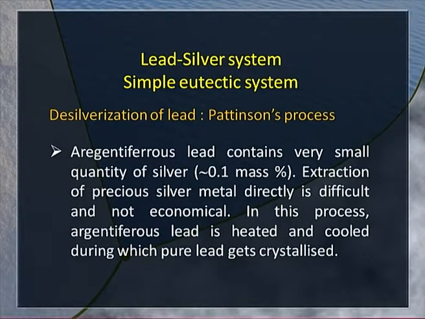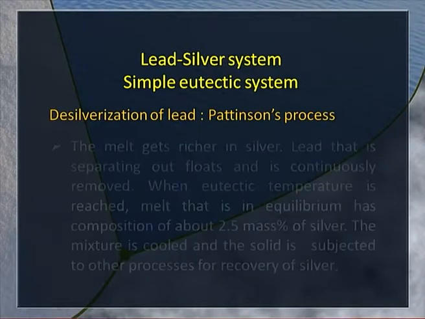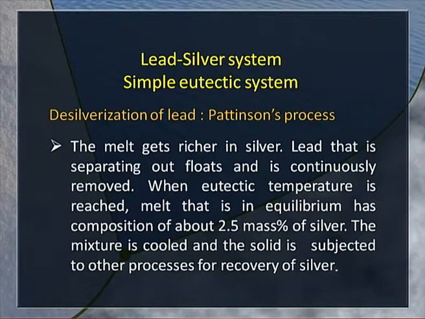In this process, argentiferous lead is heated and cooled, during which pure lead gets crystallized, and lead that has separated can be taken up continuously. The melt that remains becomes richer in silver. If you look at the composition, ultimately it reaches the eutectic point, where the composition has become much richer in silver, about 2.5 mass percent of silver, which can then be subjected to other procedures and processes